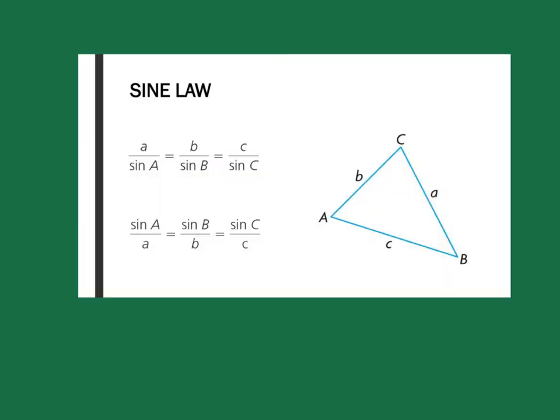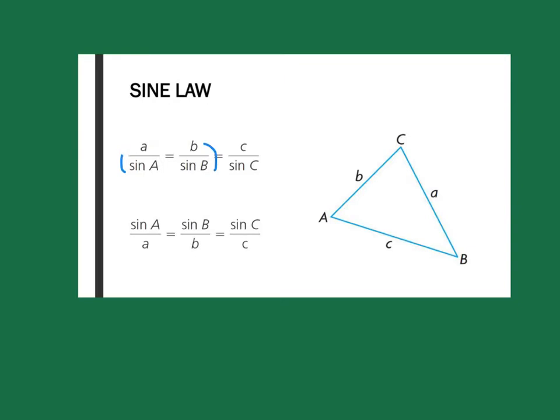The sine law is simply a ratio. It can be written in one of two ways, and either way is fine to use in every circumstance. We're only going to use two parts of the ratio at a time, but the sine law simply states that the ratio of A to sine A is equivalent to the ratio of B to sine B,